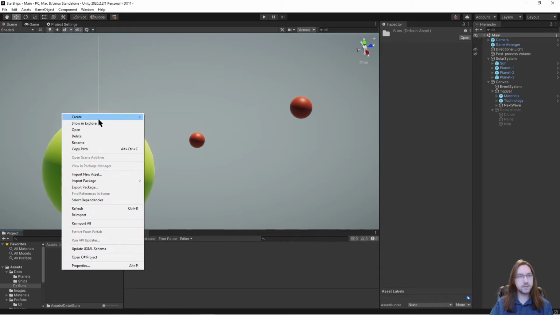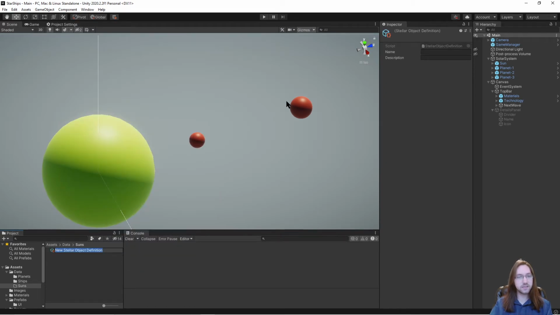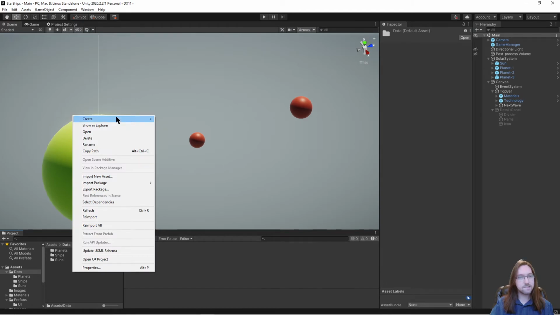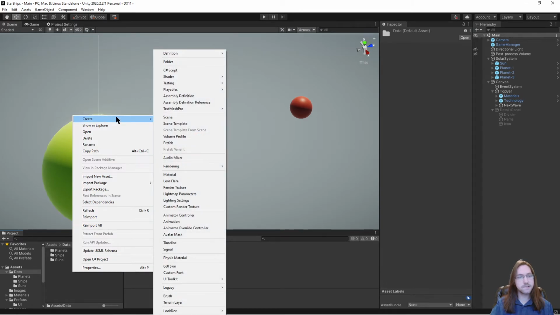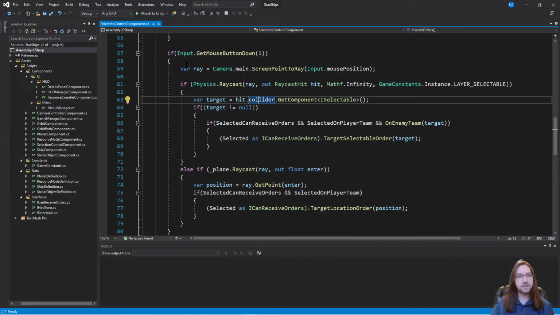We're going to create a new stellar object definition, stellar object. This will be sol. I'm going to call it sol, primary sun of the solar system. Just give it a description for now. And then, ooh, actually, the resource node definition,